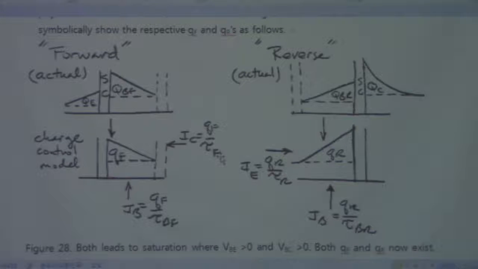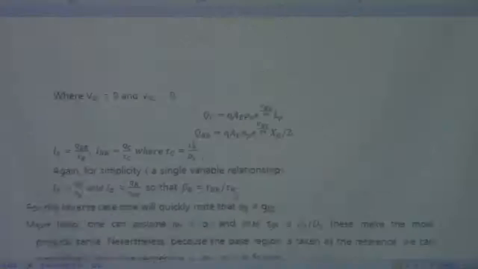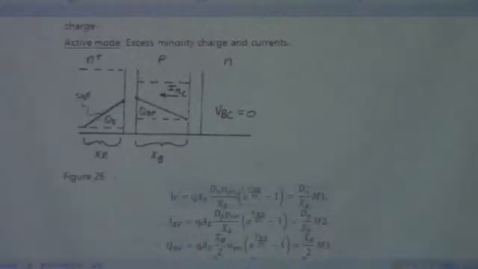So basically, we want to deduce these four equations: 1, 2, 3, and 4. Okay? So we want to deduce the terminal current at each terminal with this simplified equation. How can we do that? Now, the first step is just, in the forward mode, we put these two charges into small qf, and then in the reverse mode, we want to put these two